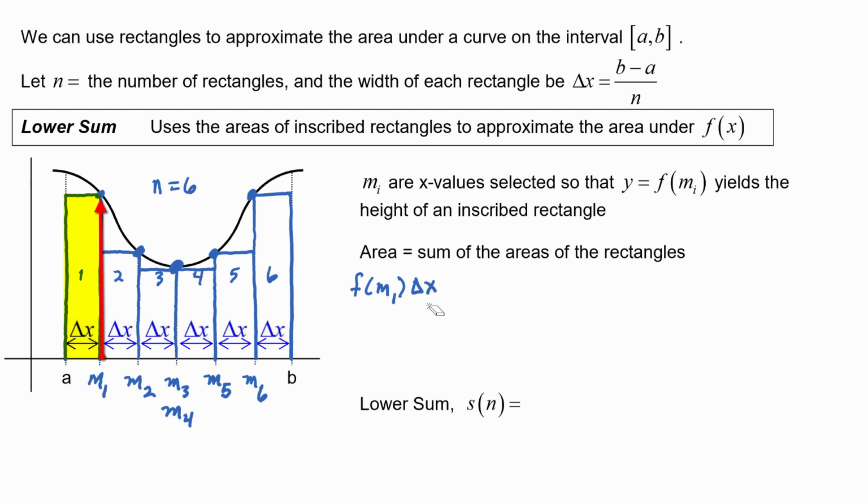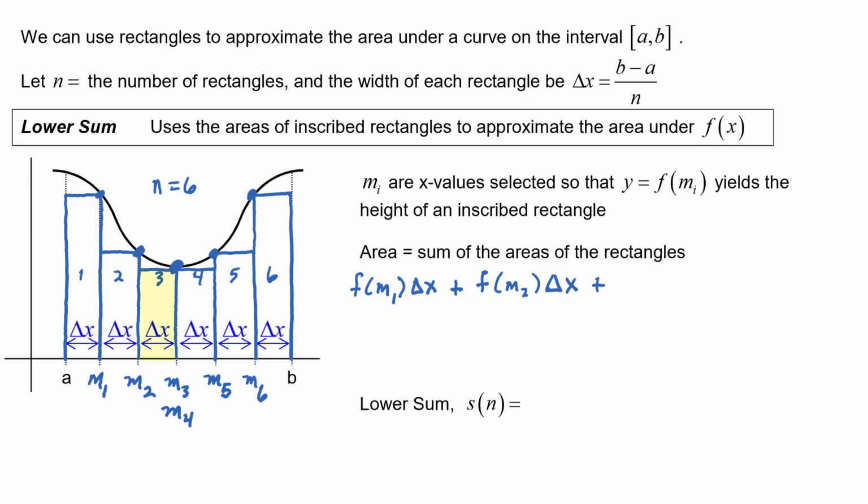We have the base, delta x, times the height, f of m1. Now for region 2, we have the base is delta x and the height is f of m2. So I will write that as f of m2 times delta x